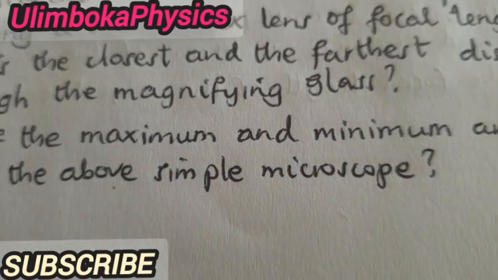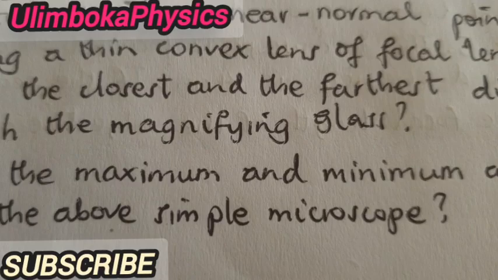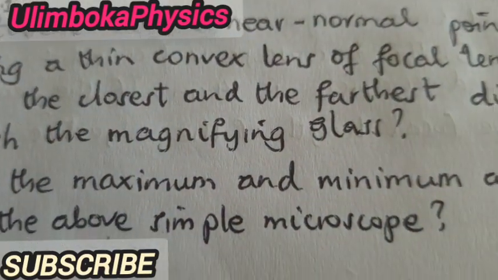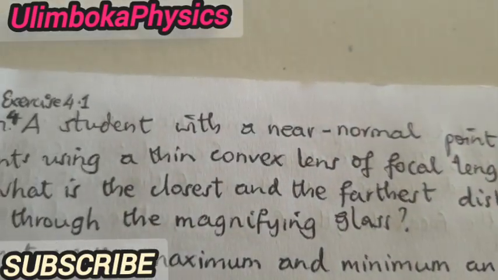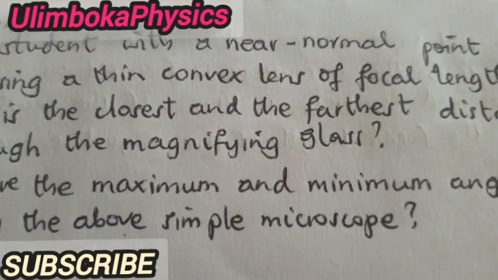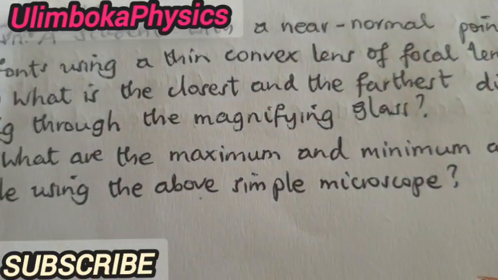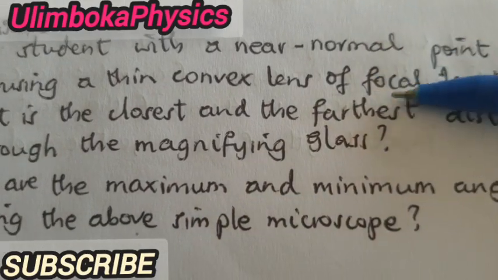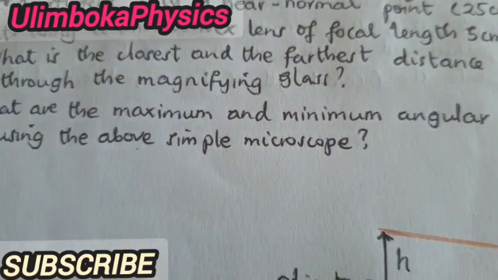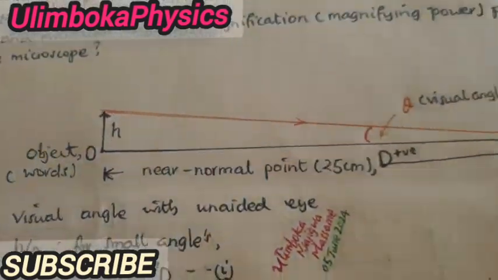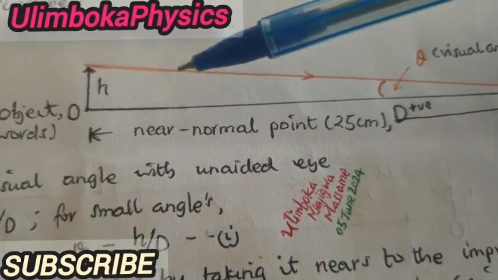microscope. Remember, a simple microscope is just a single thin convex lens of a given focal length. Here from our questions, we have a 5 centimeter focal length for the convex lens. Here a student wants to read words that have small fonts by using this simple microscope, but his or her near point is 25 centimeter. Let us consider the diagrams for unaided eyes when he or she reads the words with